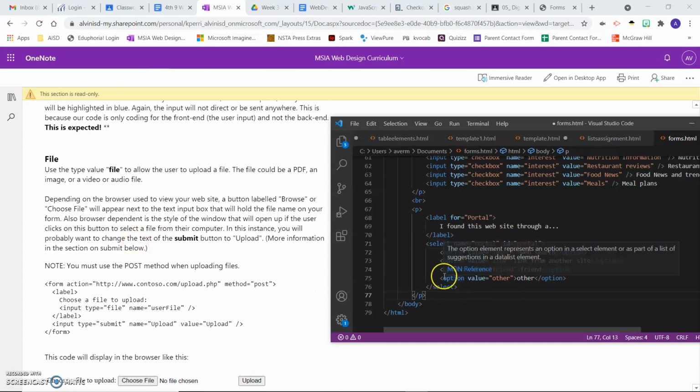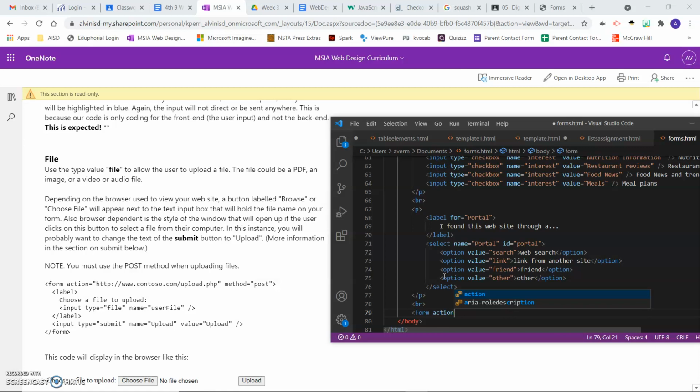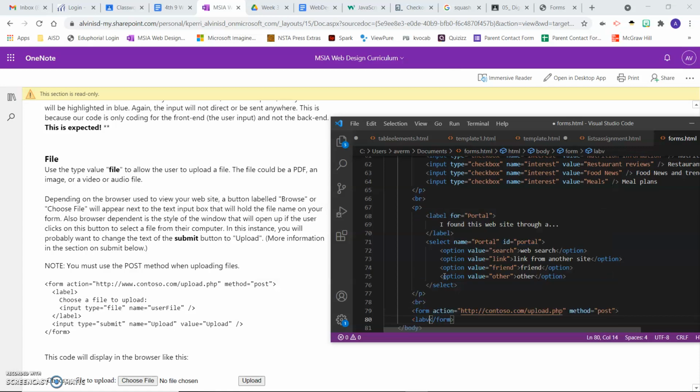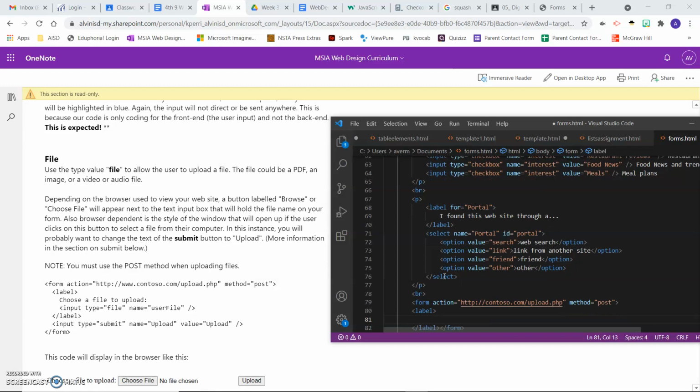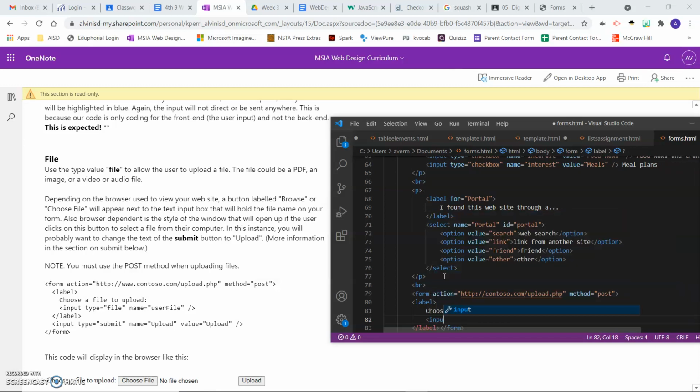So uploading a file. All right, so form action equals http contoso.com/upload.php, method equals post, label. Choose a file to upload. The white part shows up on the website. Input type